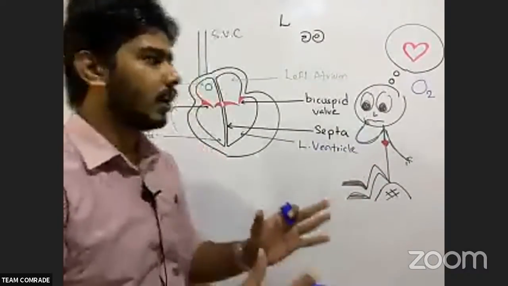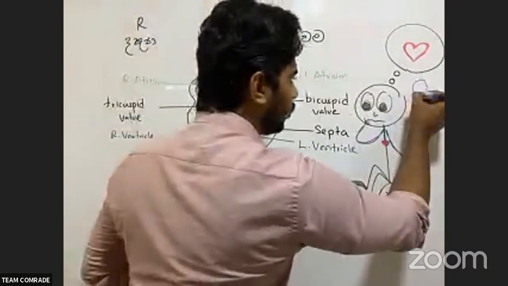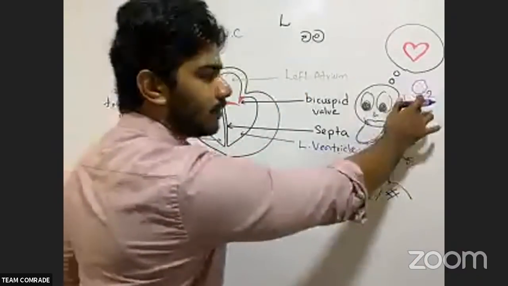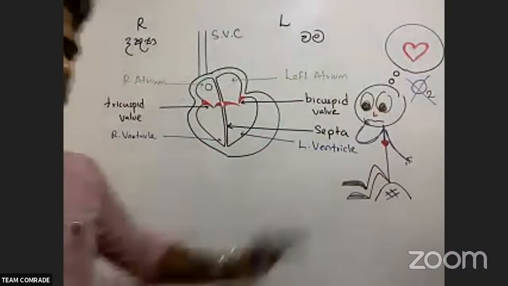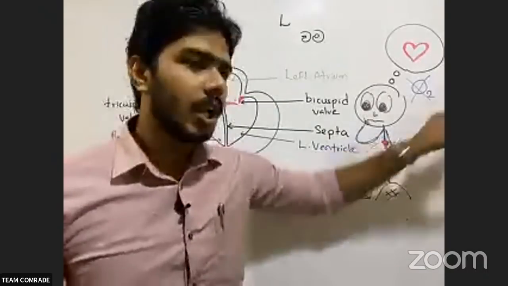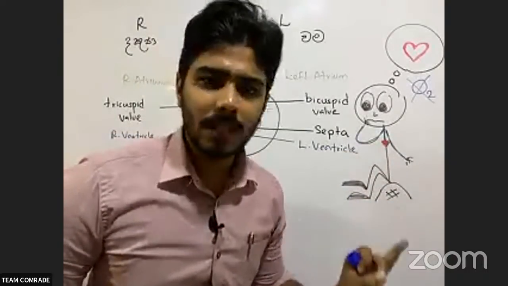This brings the used blood from all over the body. If it is used, do we have oxygen there? No. Only a very low concentration of oxygen, it is like no oxygen. So we call that blood deoxygenated blood. What is that blood?